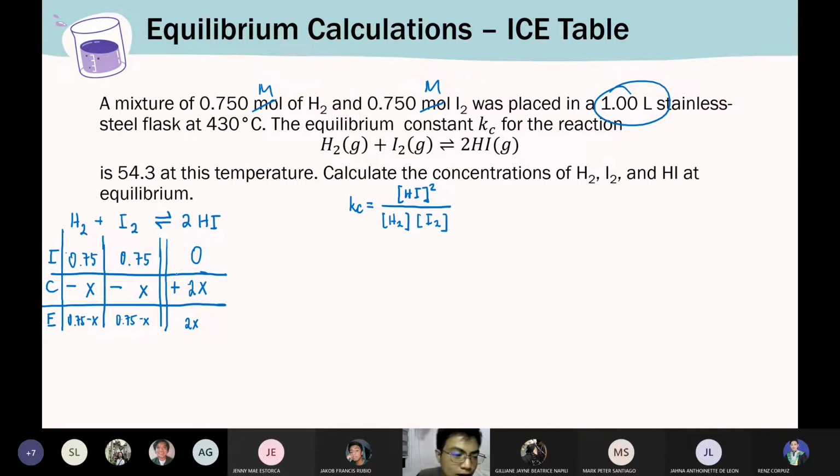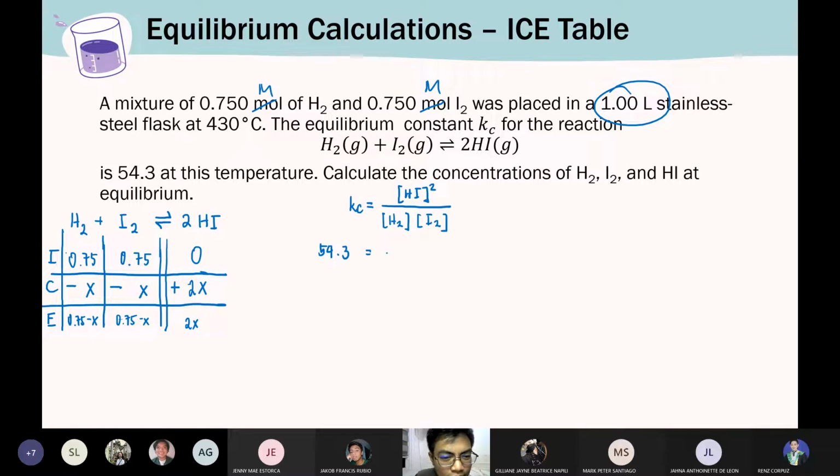And then plug in whatever you have, no? So for the Kc 54.3, for the equilibrium concentrations, I have this expression. So lahat yan ipa-plug in ko doon. Okay? So that will be